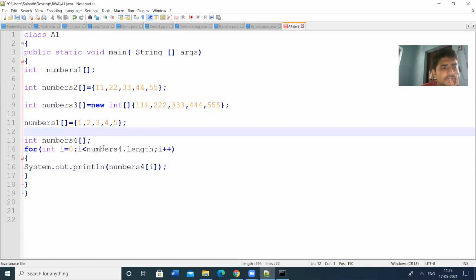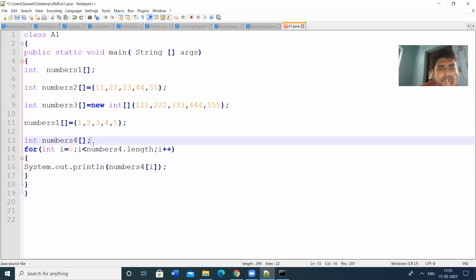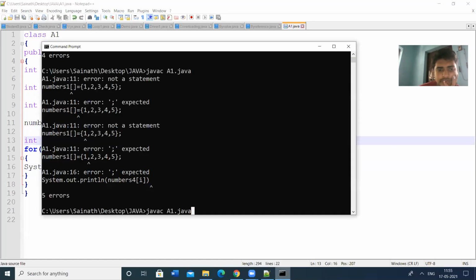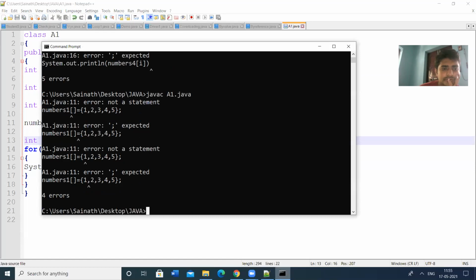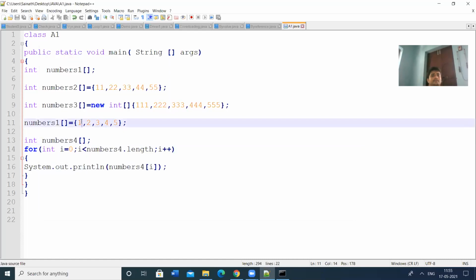Okay. So this array is not reading. Let us check the spelling, numbers 1.